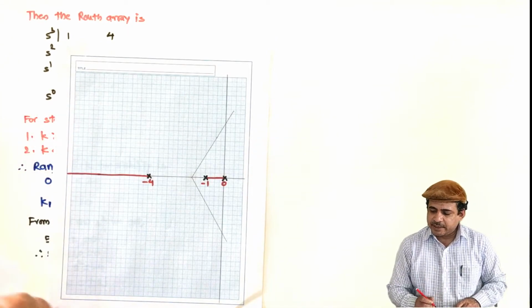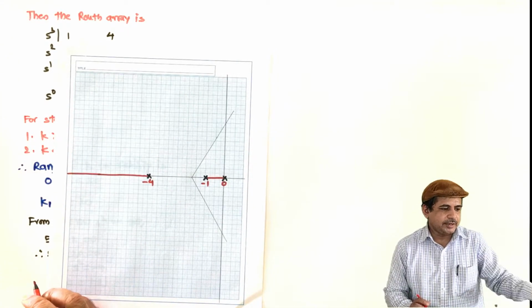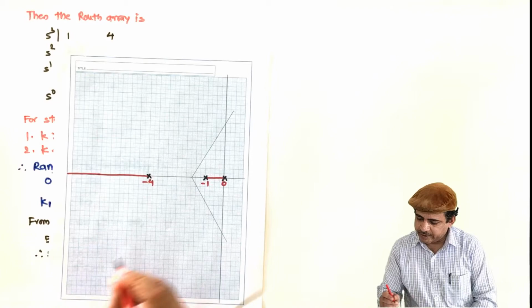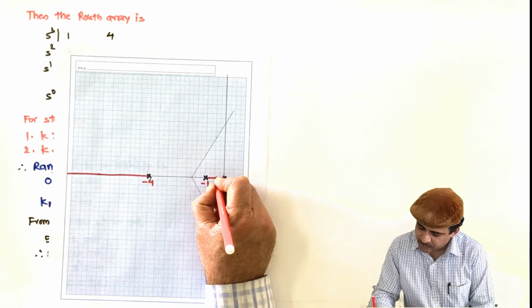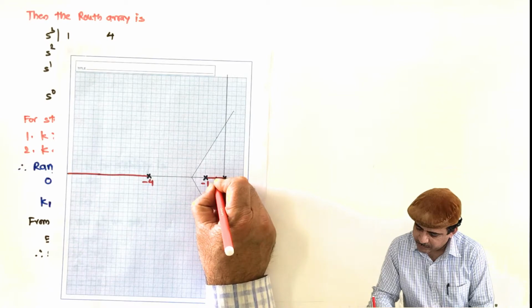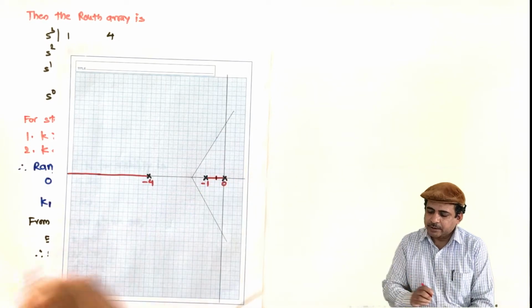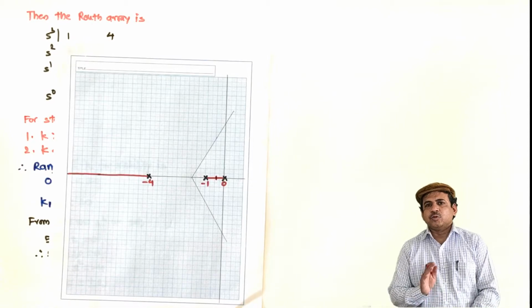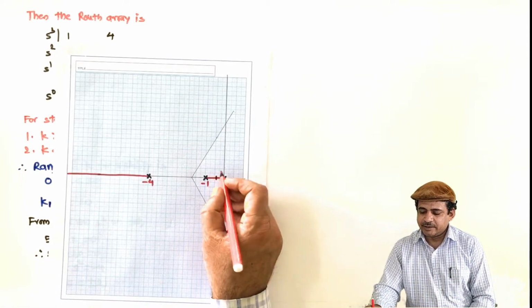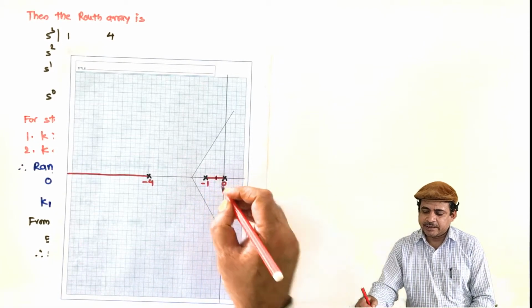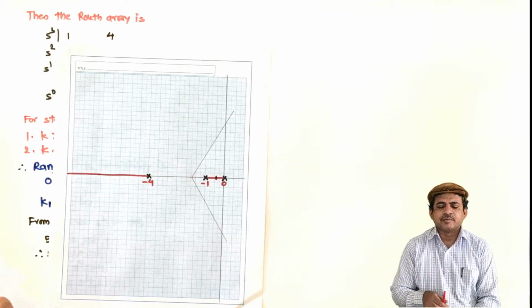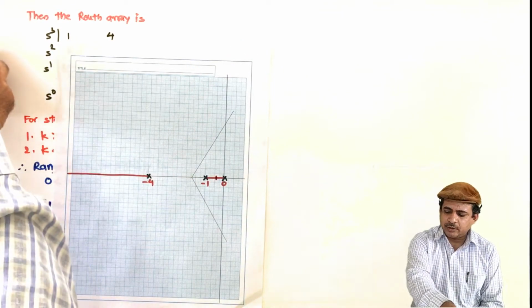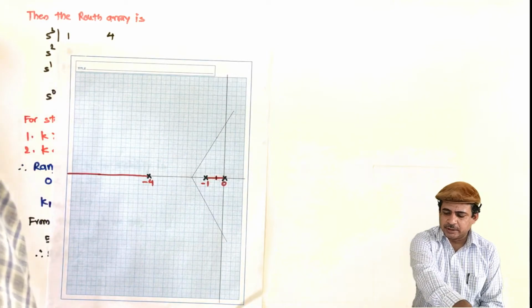Then the next is the breakaway point. The breakaway point is 0.4648. So it is here, 0.4648, and at the breakaway point the slope is maximum, that is 90 degrees. So it will be like this, and immediately the slope changes, and then it will move along the asymptotes